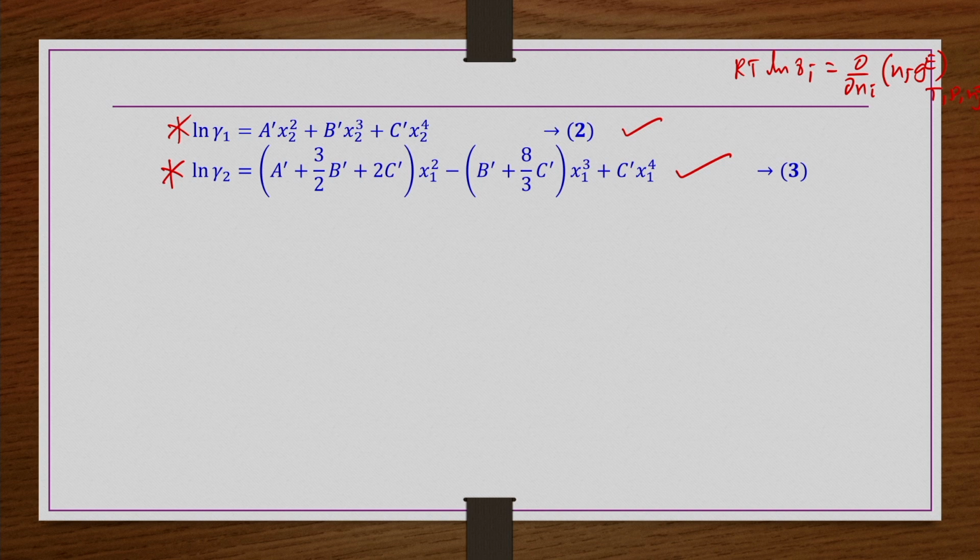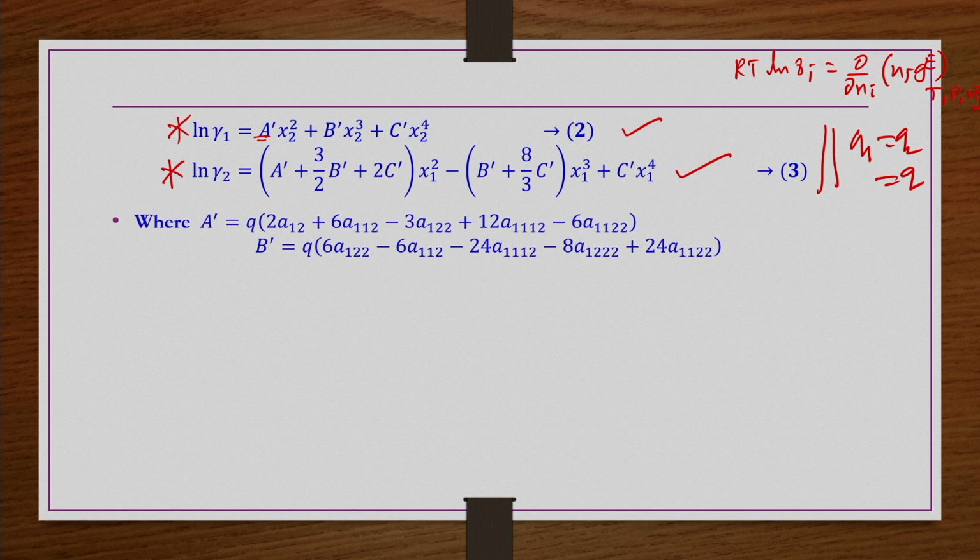I am not doing it, you can take it as practice, because it is a simple differentiation and then rearrangement of the components. Then rather than writing these constants as A12, A122, A112, etc., we are writing A prime, B prime, C prime, because these are again related to the A parameters and the q parameters. Remember, in this case we are taking q1 equal to q2 equal to q.